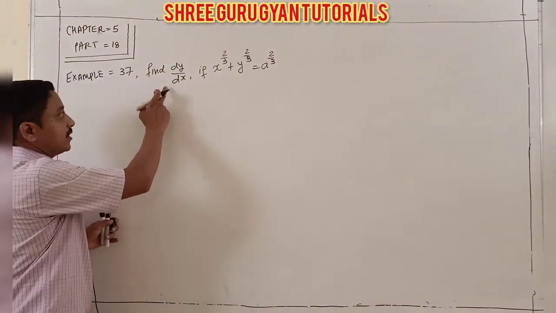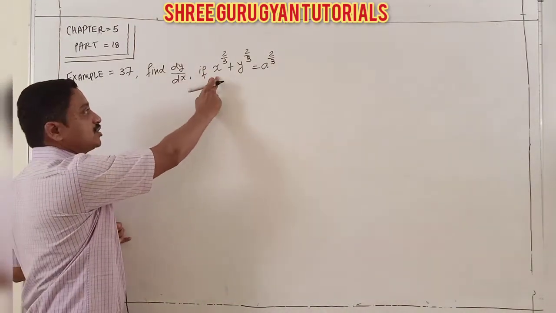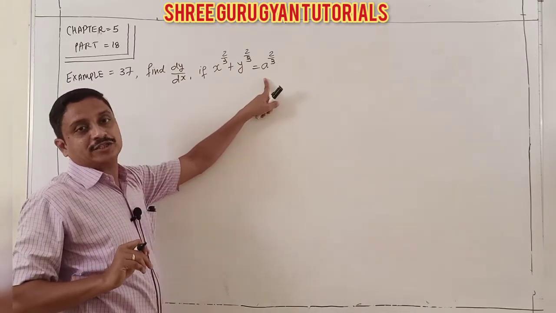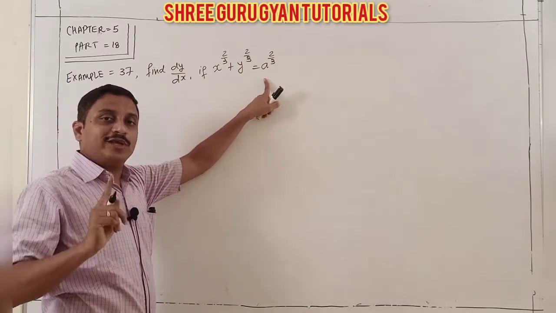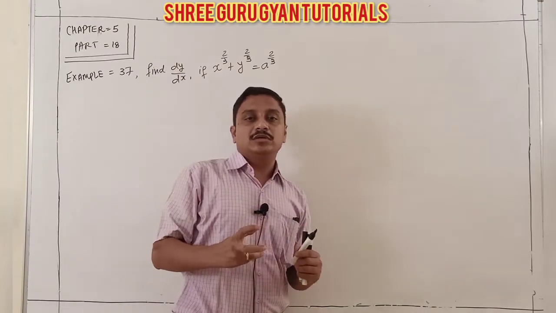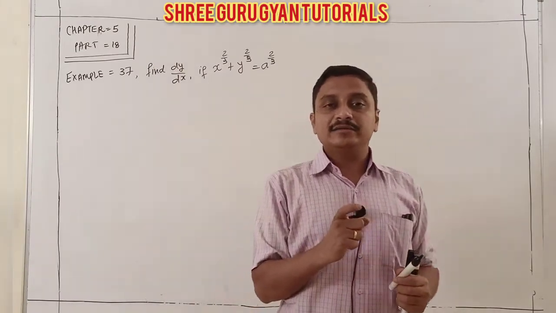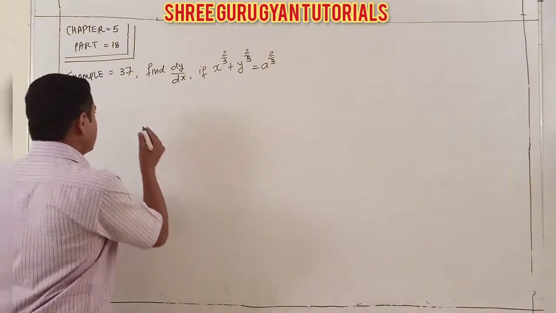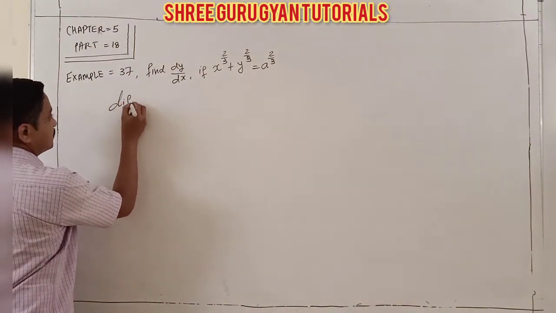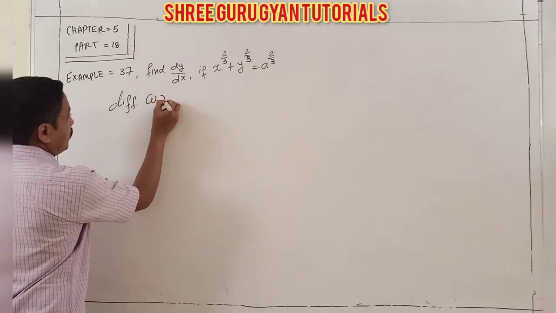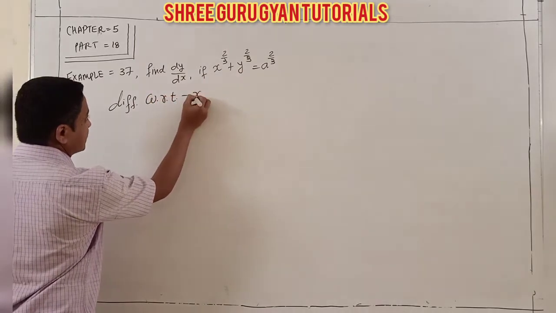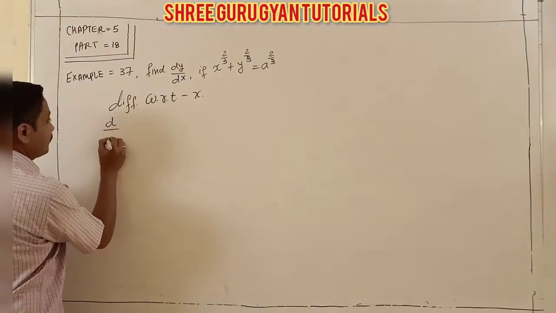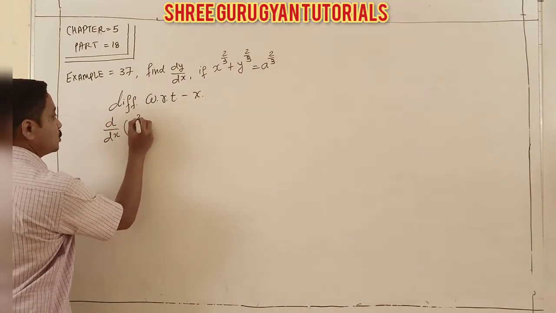So the question is: find dy by dx for x raised to 2/3 plus y raised to 2/3 is equal to a raised to 2/3. In this numerical, students, I explain both implicit and parametric form. First I explain implicit functions. It means differentiation with respect to x, direct derivative starts, d by dx of x raised to 2/3